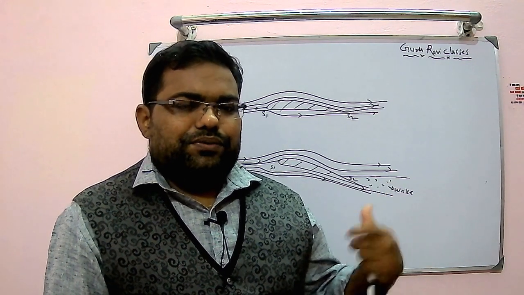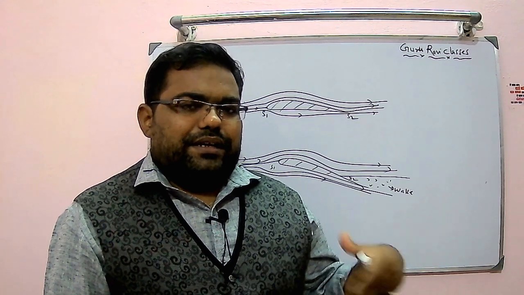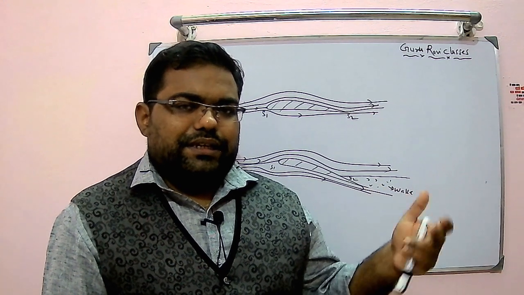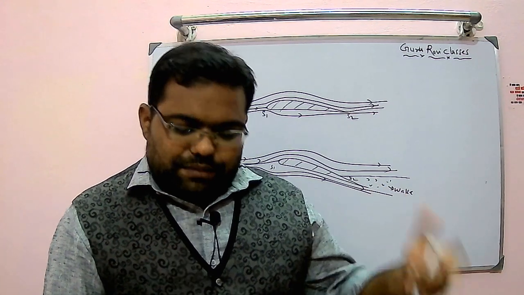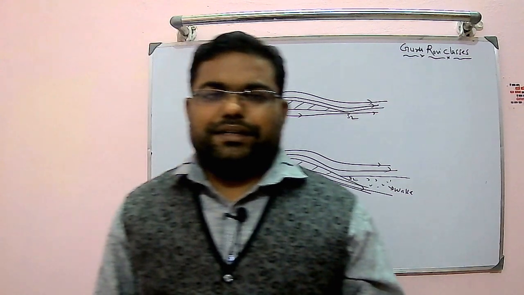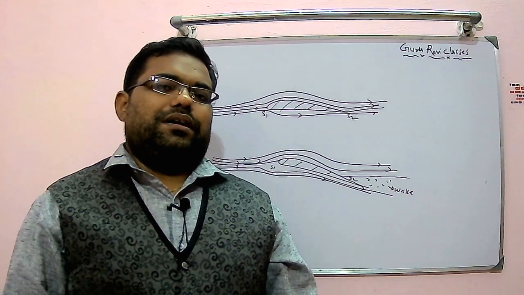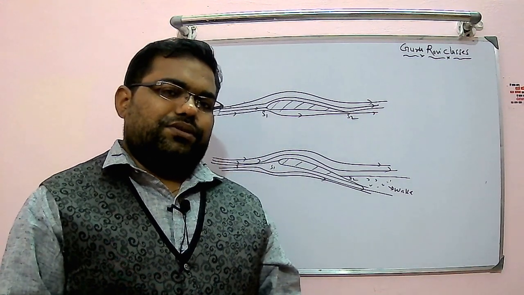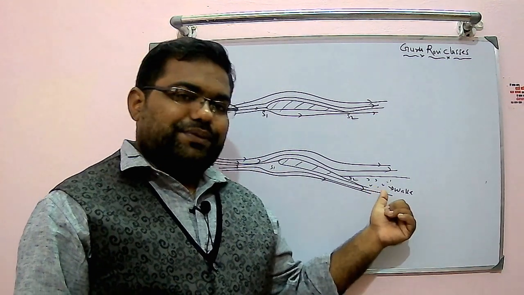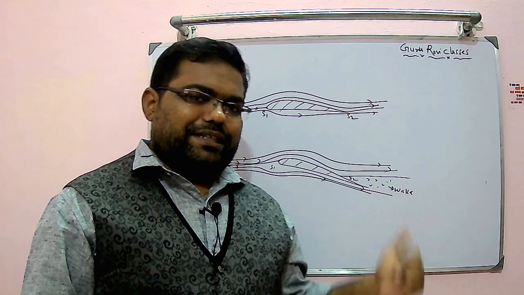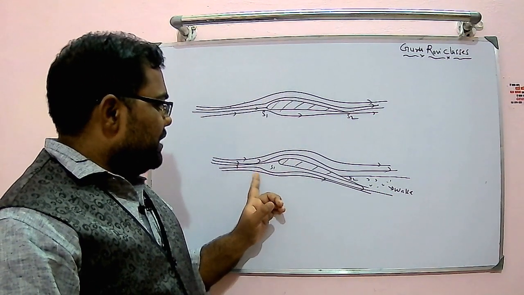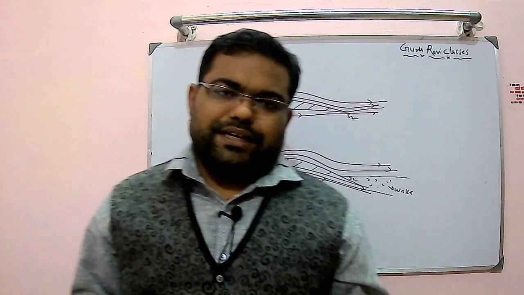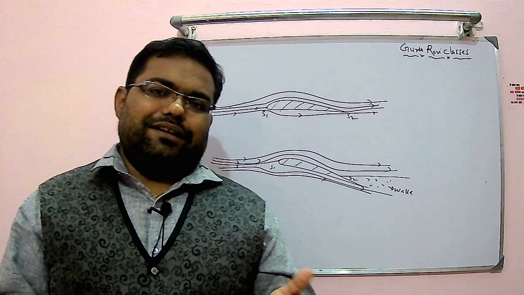Because of that wake, there will be a downward induced velocity that will basically introduce induced drag in the system. The moment induced drag comes into the picture, it will create a larger amount of losses. As I clearly mentioned, in total drag 85% contribution comes from this wake drag. This needs to be minimized. So here also we have seen stagnation points move relatively when we are changing the angle of attack. So the moment you change the angle of attack, the stagnation point will move.